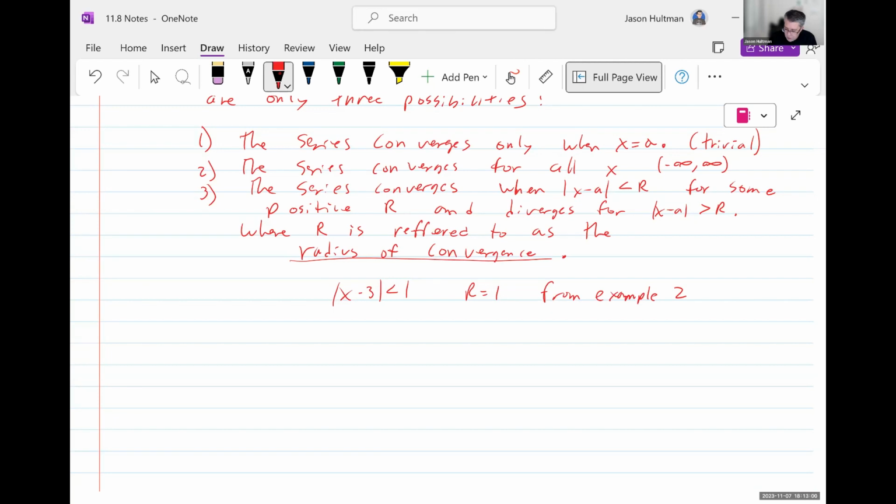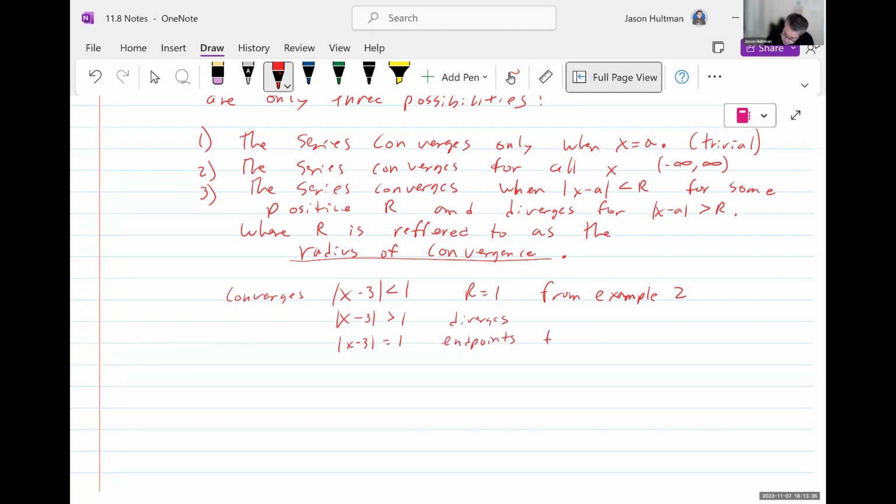Okay, and so for all the values where the absolute value of x minus 3 is less than 1, it converges. All the values of x that satisfy this converge. Where the absolute value of x minus 3 is greater than 1, it diverges. And then if I take the absolute value of x minus 3 equals 1, which is what the endpoints are,